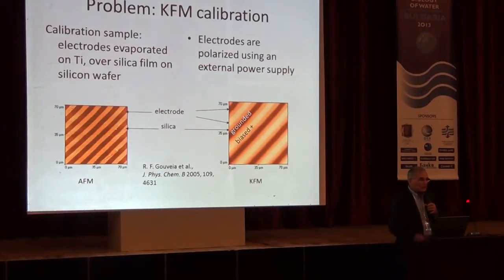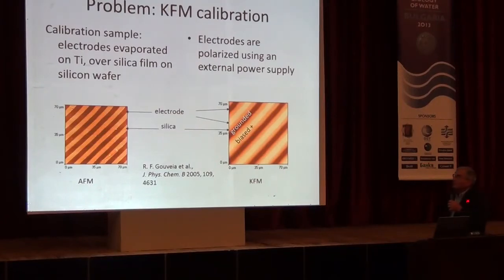Now I will talk about the absorption part. The problem arose when we were calibrating our Kelvin microscope. We should always calibrate and verify instruments. And calibration is done by using a microscopic sample, that's 70 microns, with stripes of metal, which are interconnected with one with the next. So they are interdigitated.